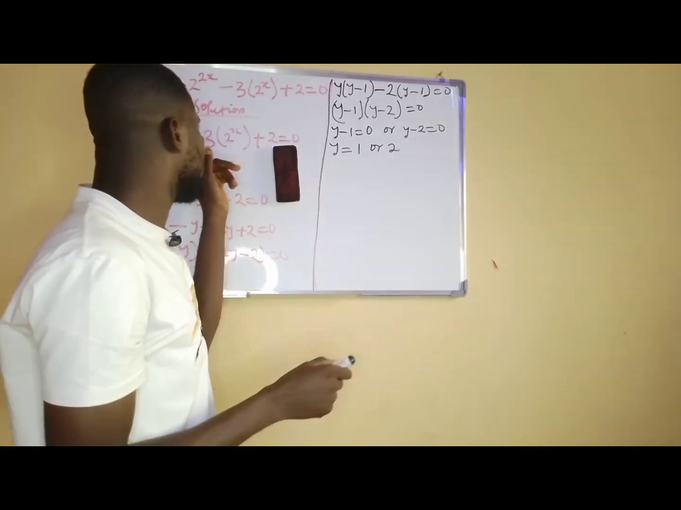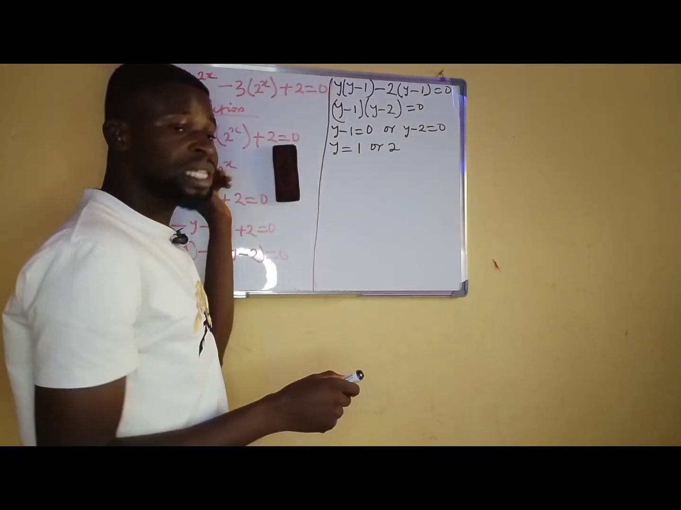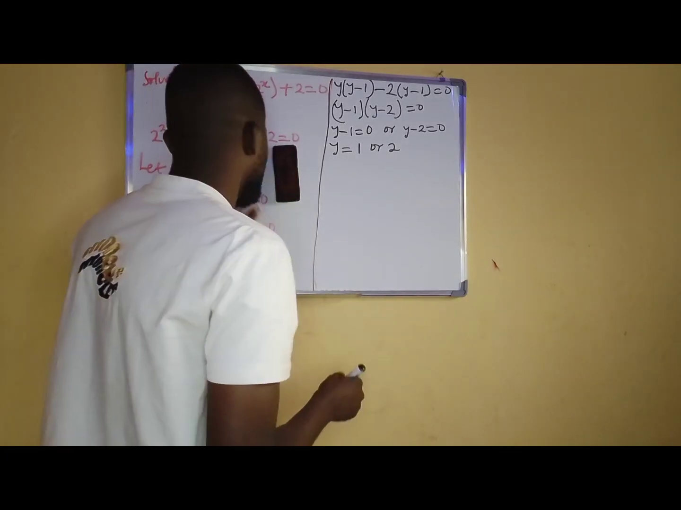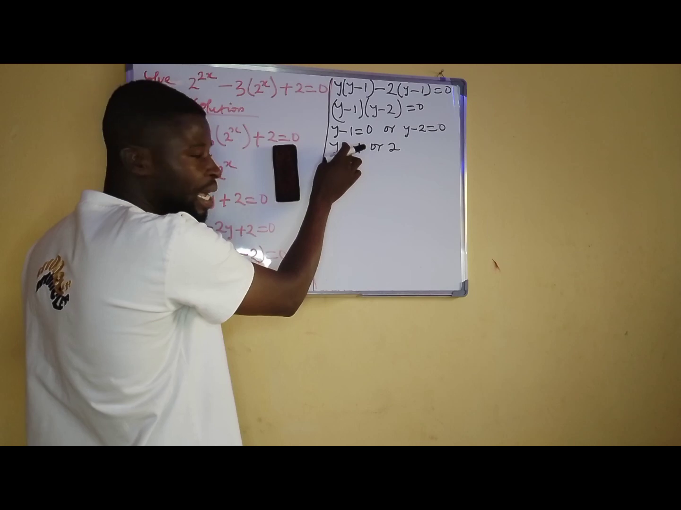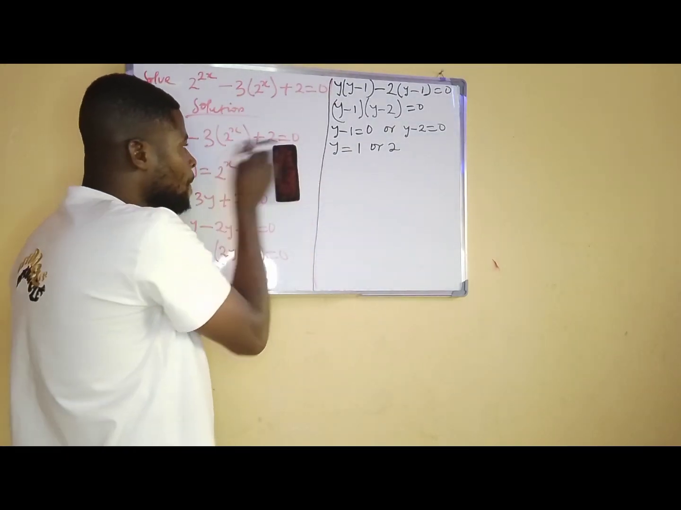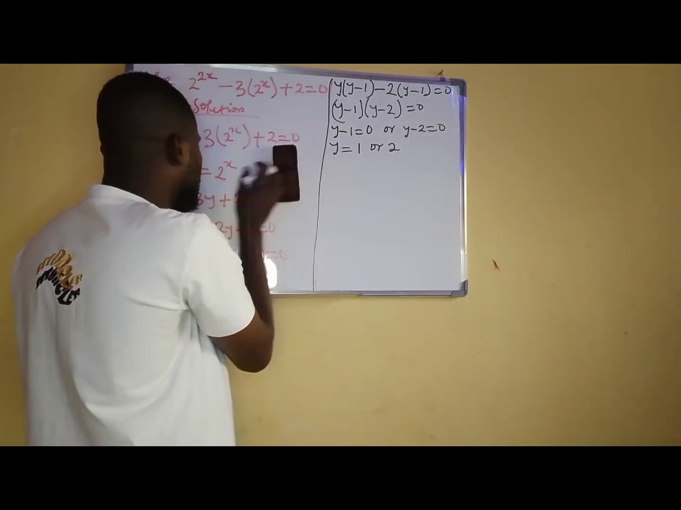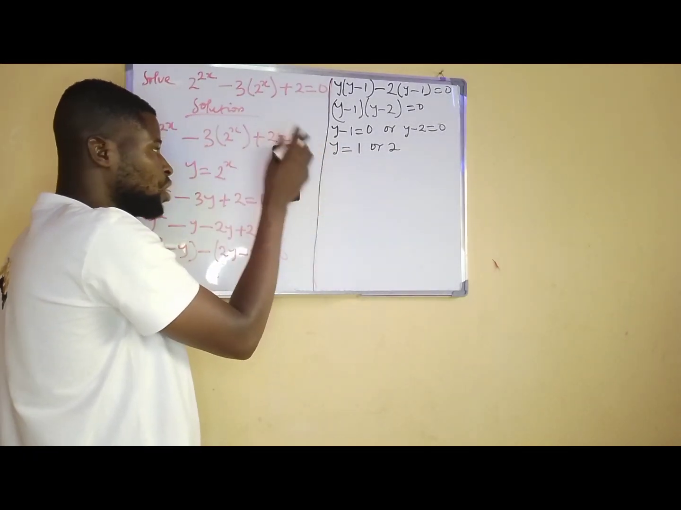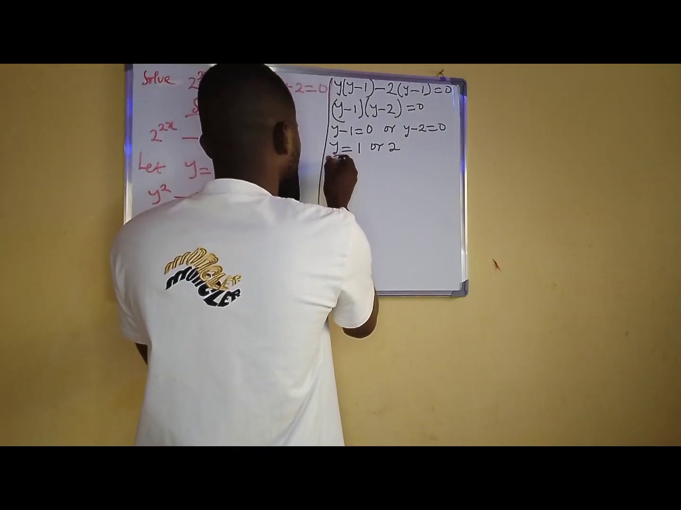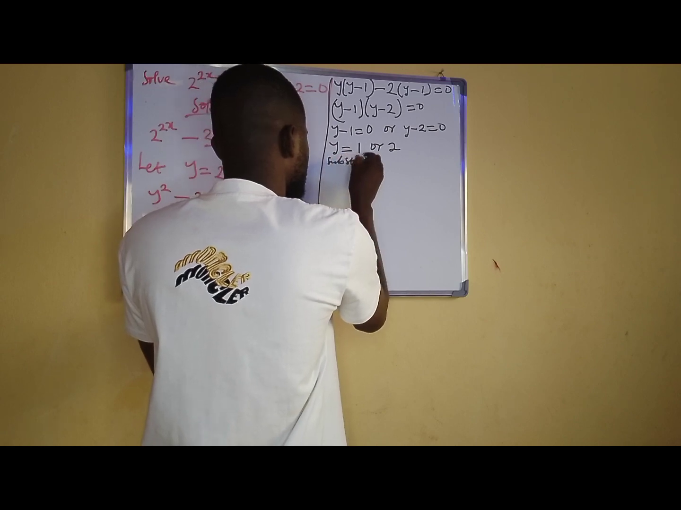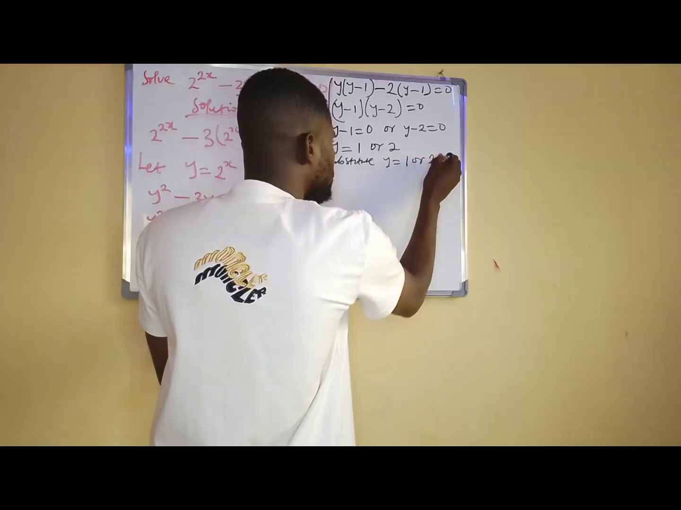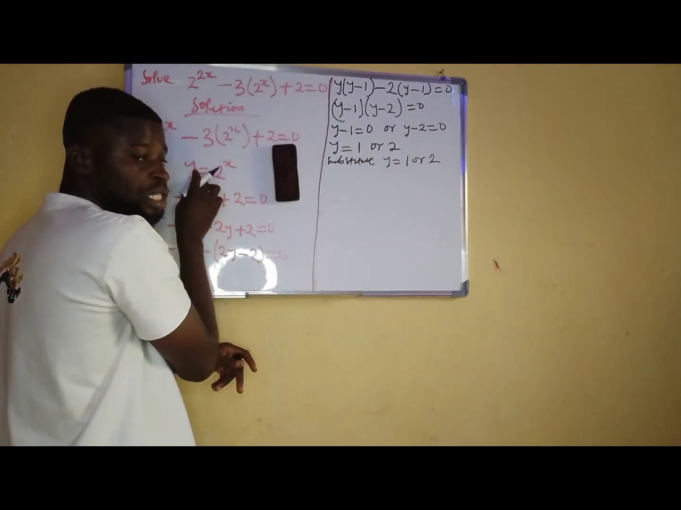Don't forget our main interest here. We are trying to get the value of x. Now, what do we do? We now substitute the value of y in this place. Are you getting what I'm saying? Pick up these values of y and substitute in this place in order for us to get the value of x. Now, substitute y equal to 1 or 2 in this place. That is,